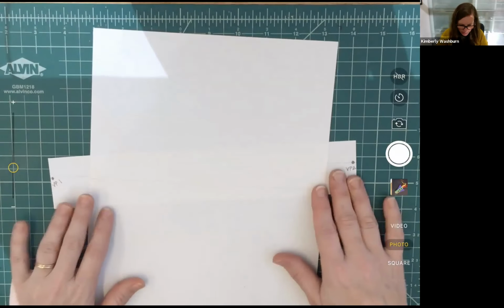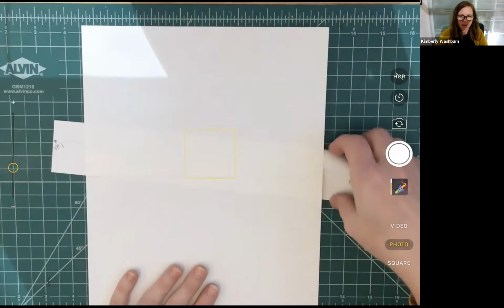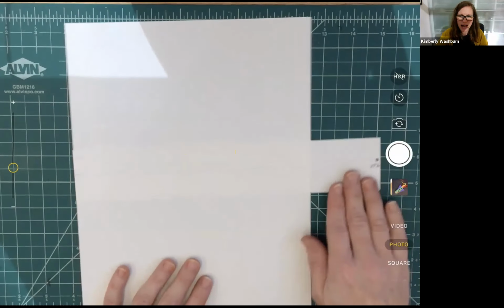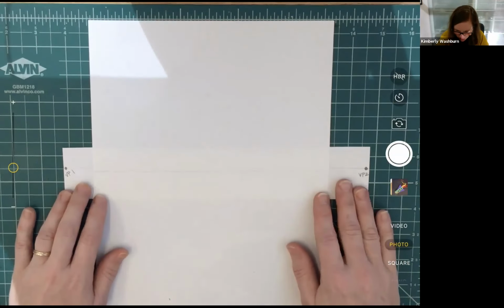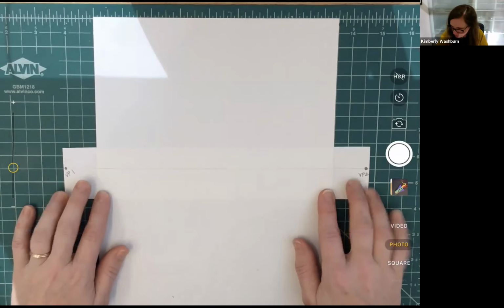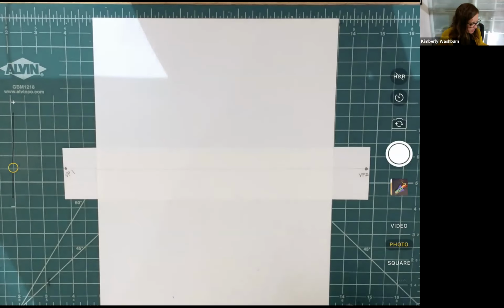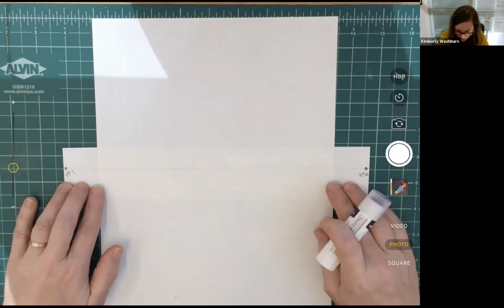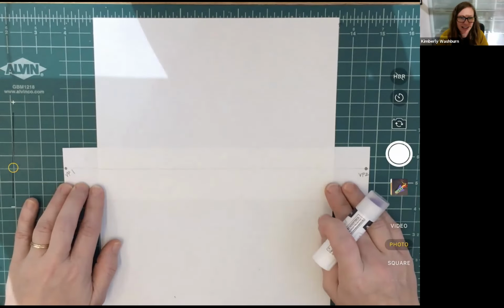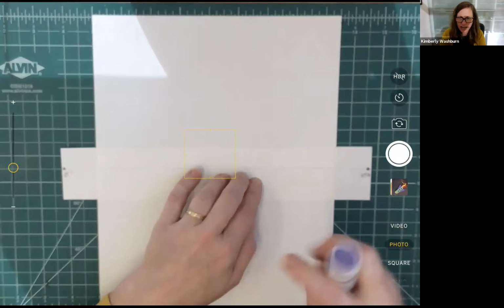All right, now I'm going to put this strip of paper behind my sheet of paper, and I'm going to just try to center it up. Now, I can do one of a couple of things. I can tape this with a little piece of tape just on the back, or I'm going to actually use my glue stick,